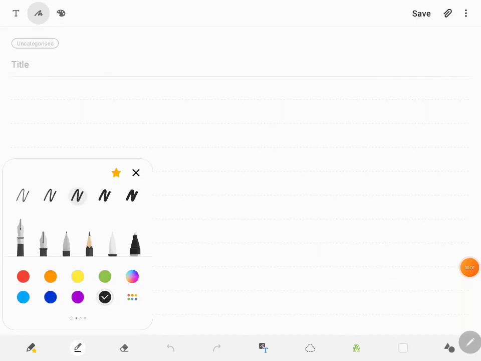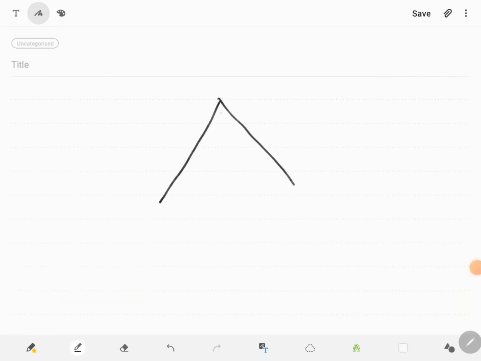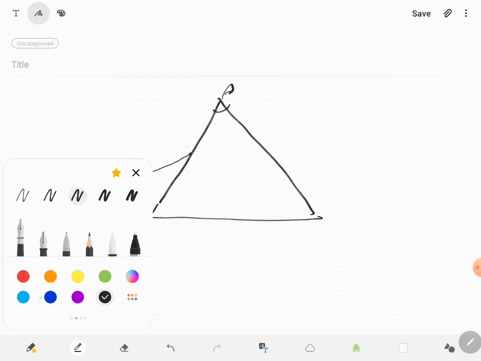Regarding the prism in ray optics, you just draw a prism like this, ABC, where A is the angle of the prism. Any equilateral glass prism will always have A equal to 60 degrees. This is the prism in which there is an incident ray. At the point of incidence, you have to draw a normal.